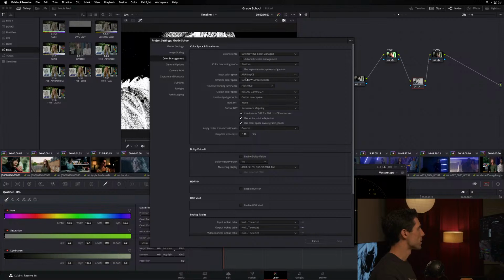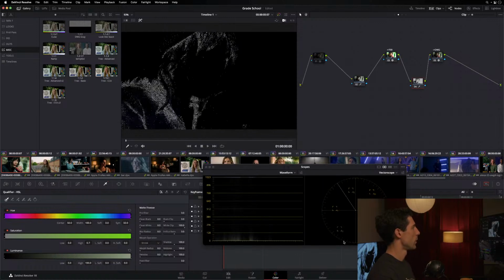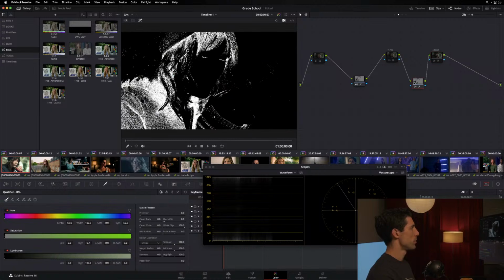Let's try like this. I'm going to change my timeline color space back to 709 Gamma 24 here. We'll watch that image change. So this is 709 Gamma 24. And I am qualifying like so. I'm just qualifying with the expectation that that's the domain of my image, which is effectively what I'm doing here. And if we grab a still of that,